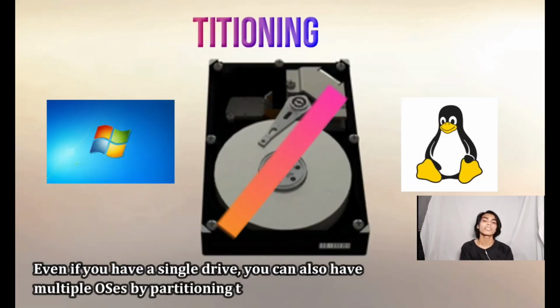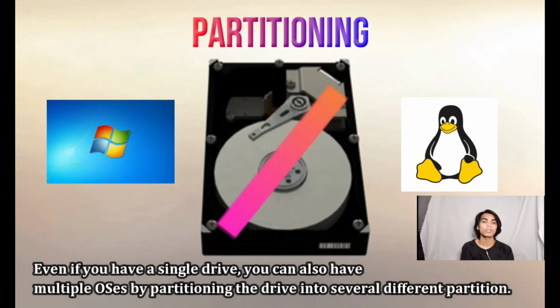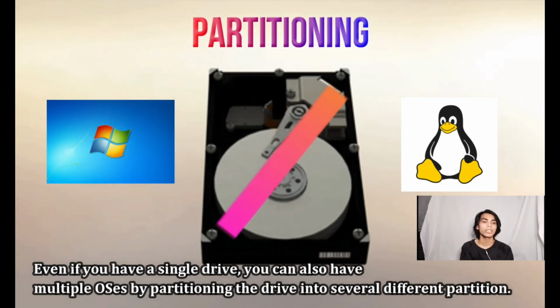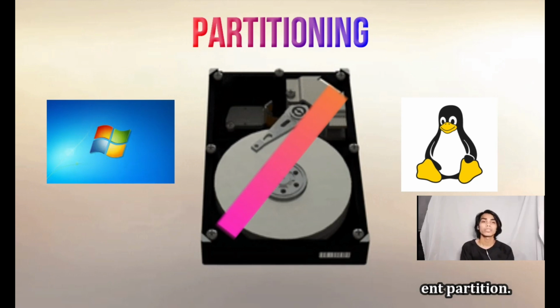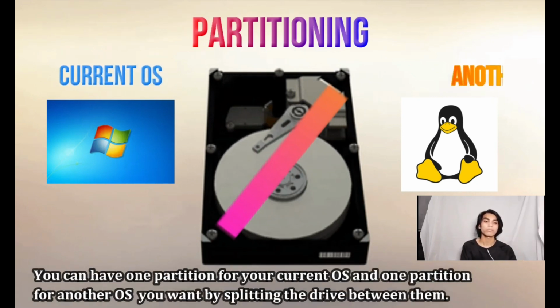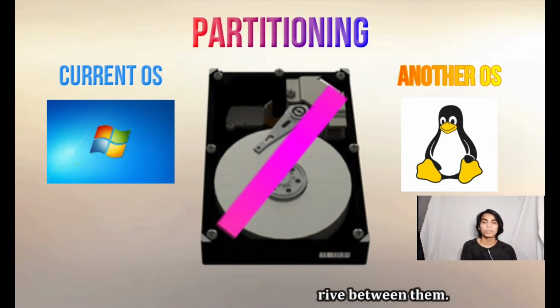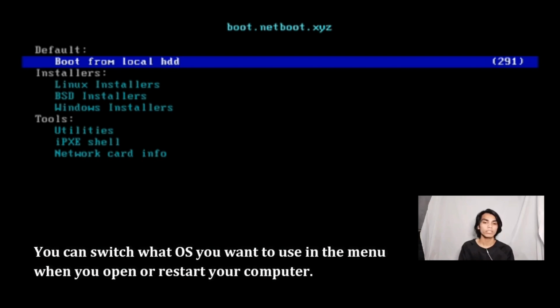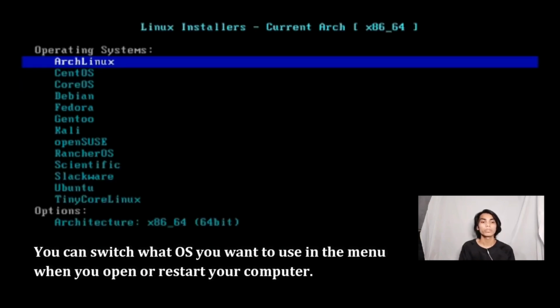Even if you have a single drive, you can also have multiple OSs by partitioning the drive into several different partitions. You can have one partition for your current OS and one partition for another OS you want by splitting the drive between them. You can switch what OS you want to use in the menu when you open or restart